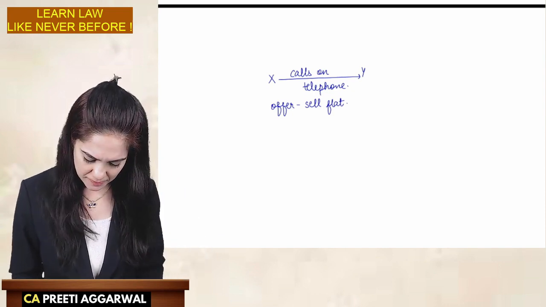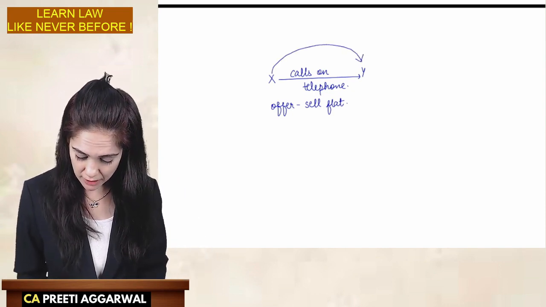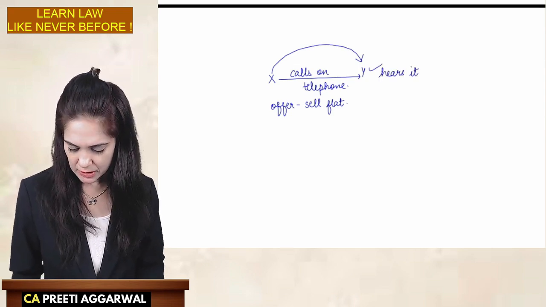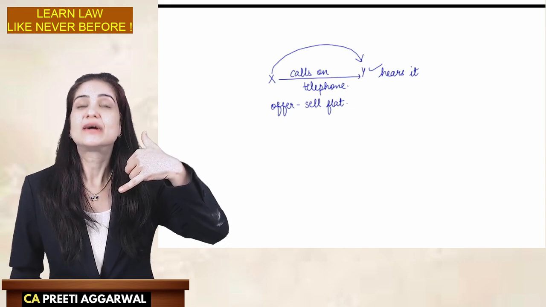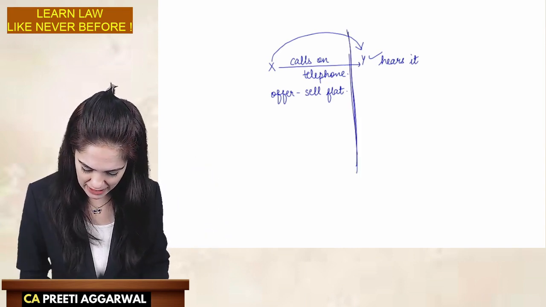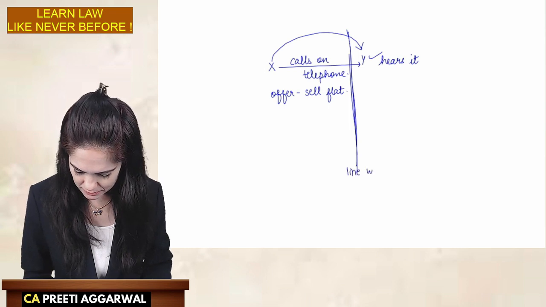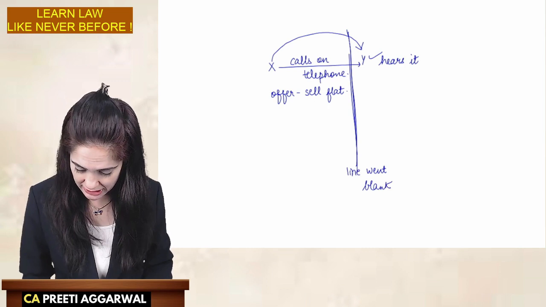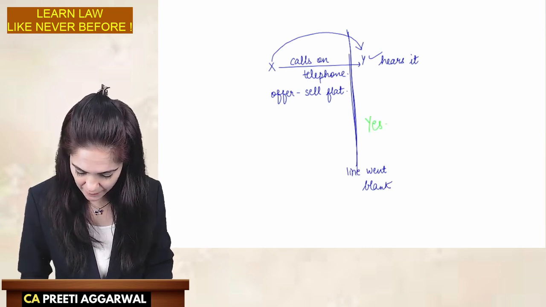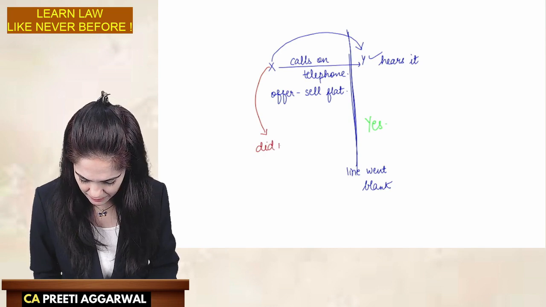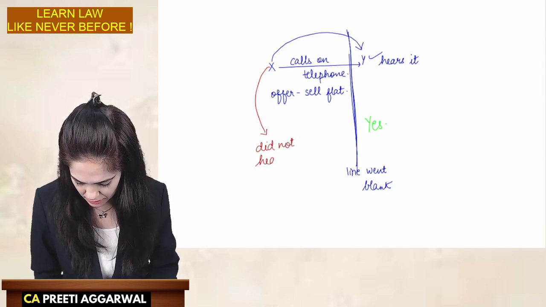The offer was heard by Y. Okay, he hears it. Now Y is replying, yes, but the line went blank. Okay, so he said yes, but the line went blank. So X did not hear